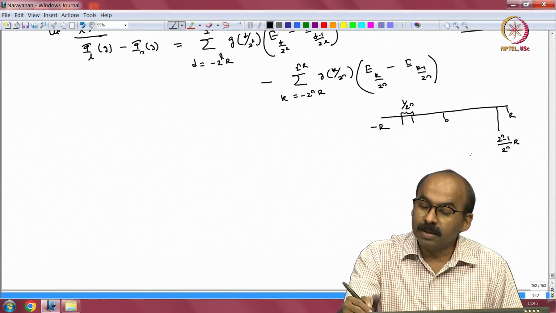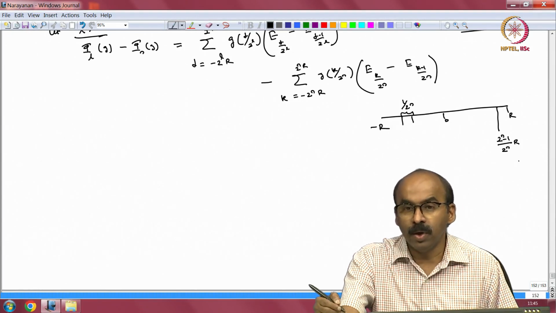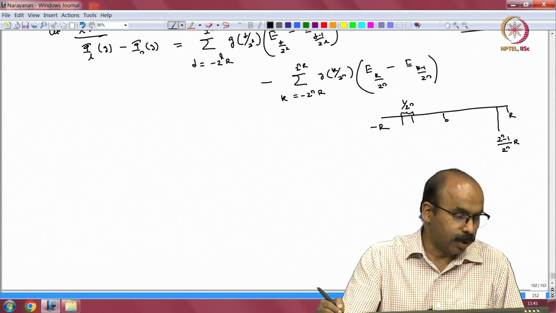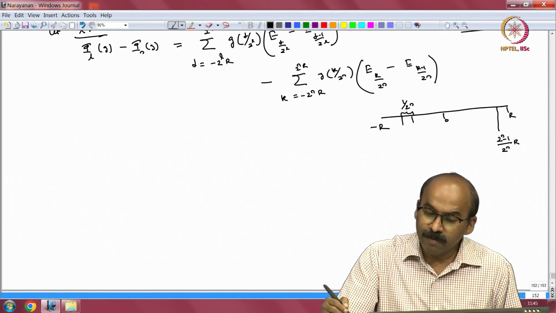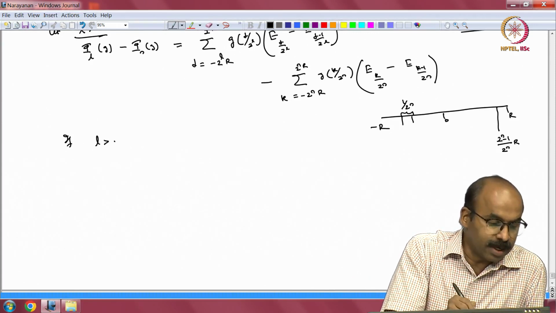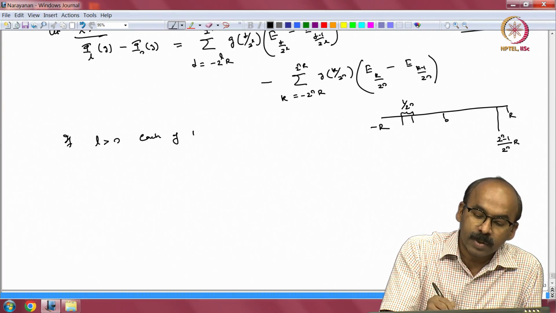The one left to this would be 2 to the n minus 2 divided by 2 to the n into r, and so on. That is how you add. Okay. If L is greater than n, each of the above intervals,